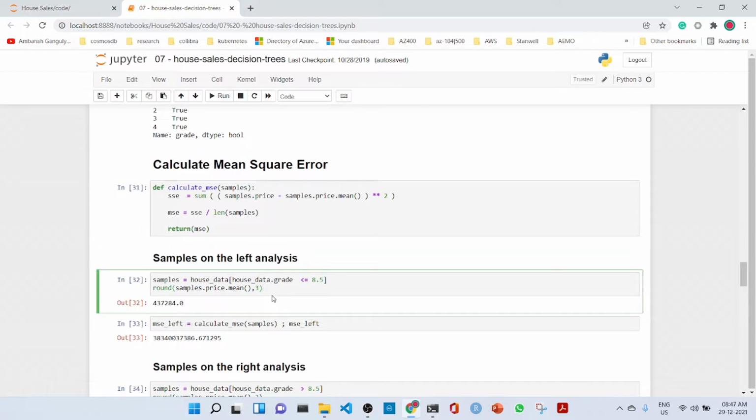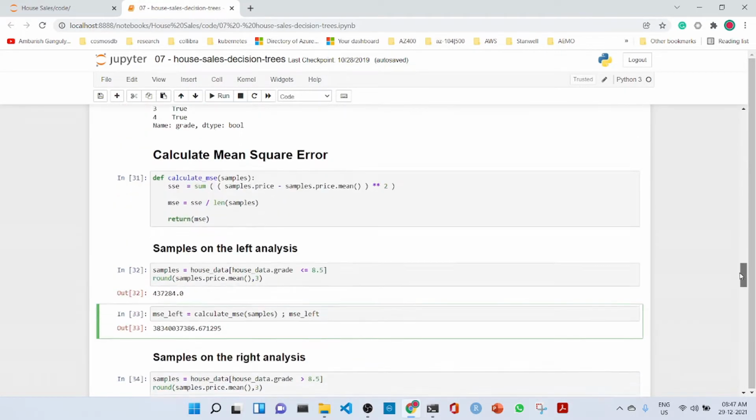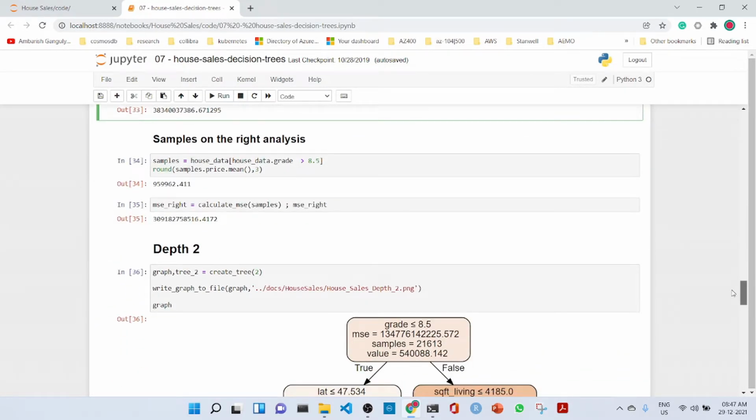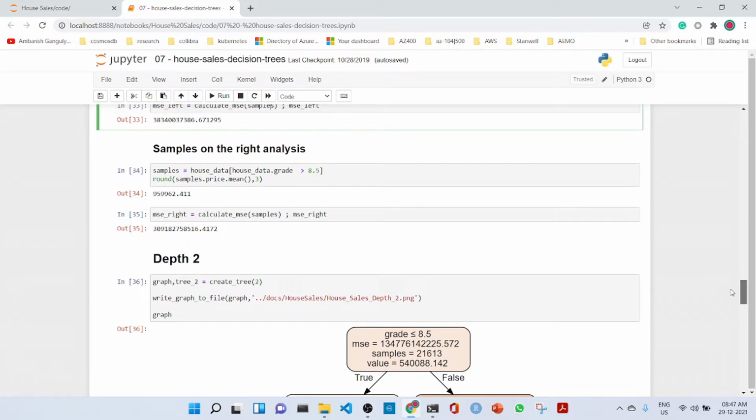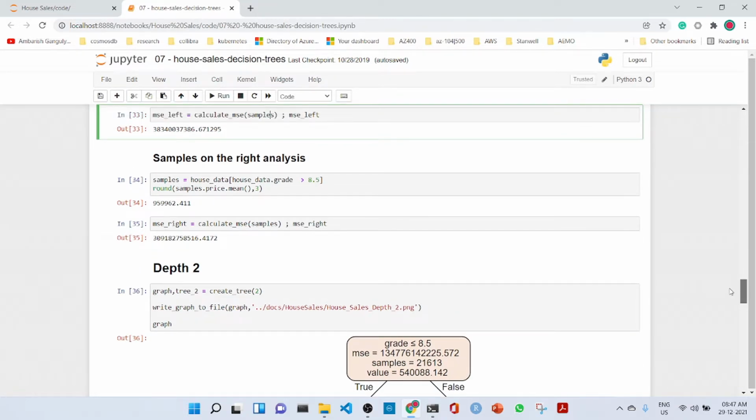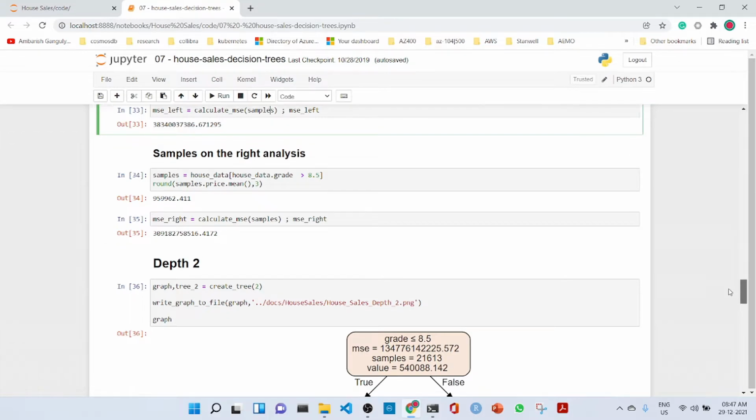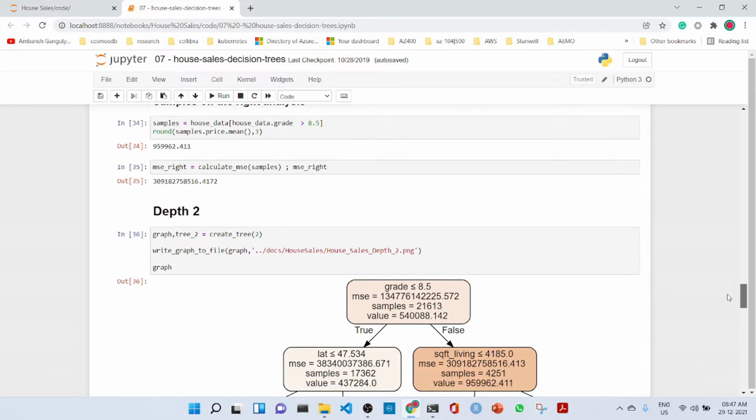Here we have the samples on the left, shown with the samples price mean, and this is the MSE left, which is the mean square error on the left. Similarly, we have the samples on the right, which is greater than 8.5, and then we calculate the mean square error on the right.